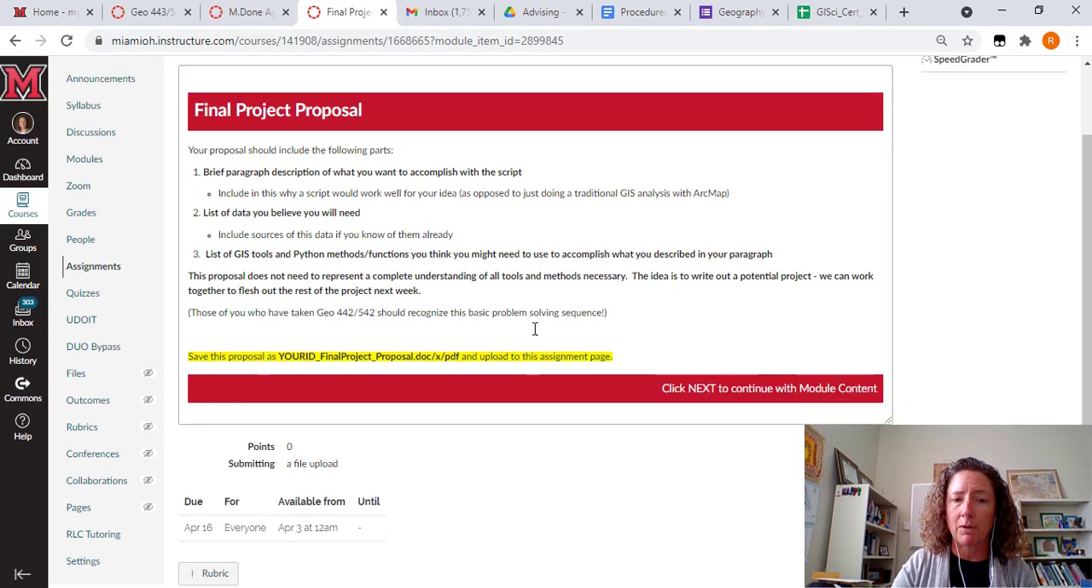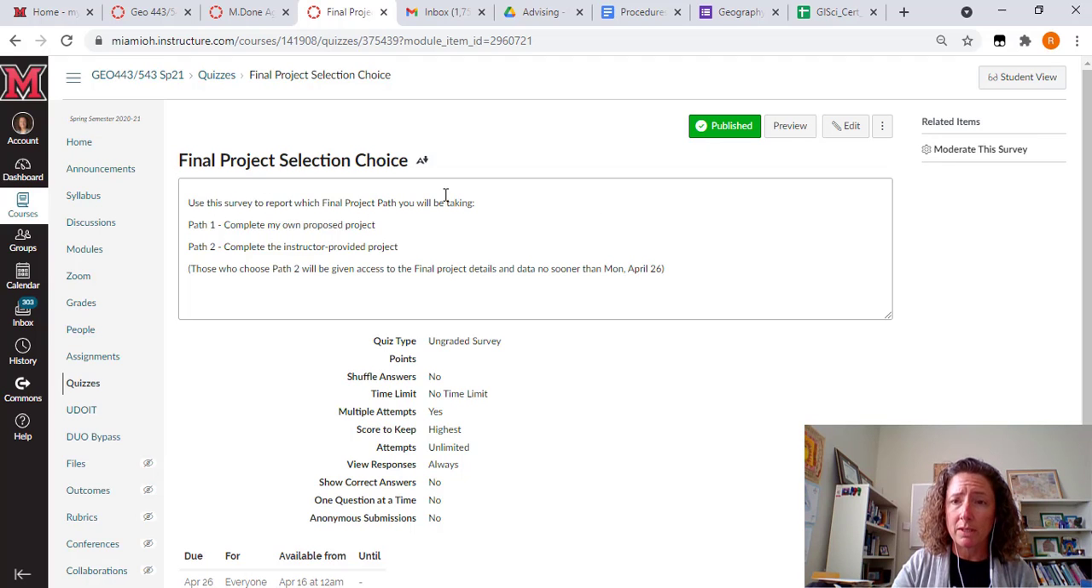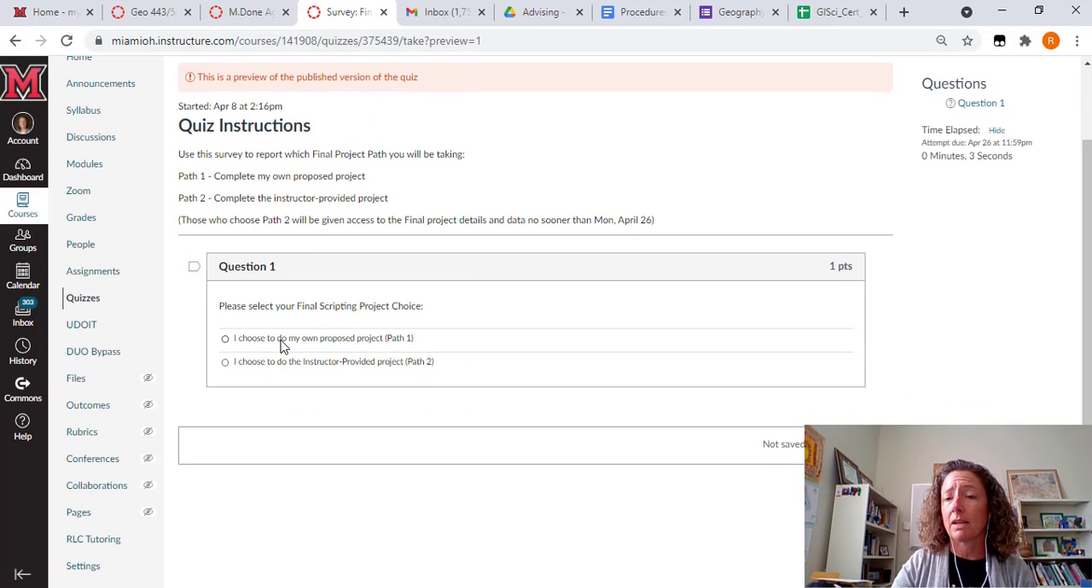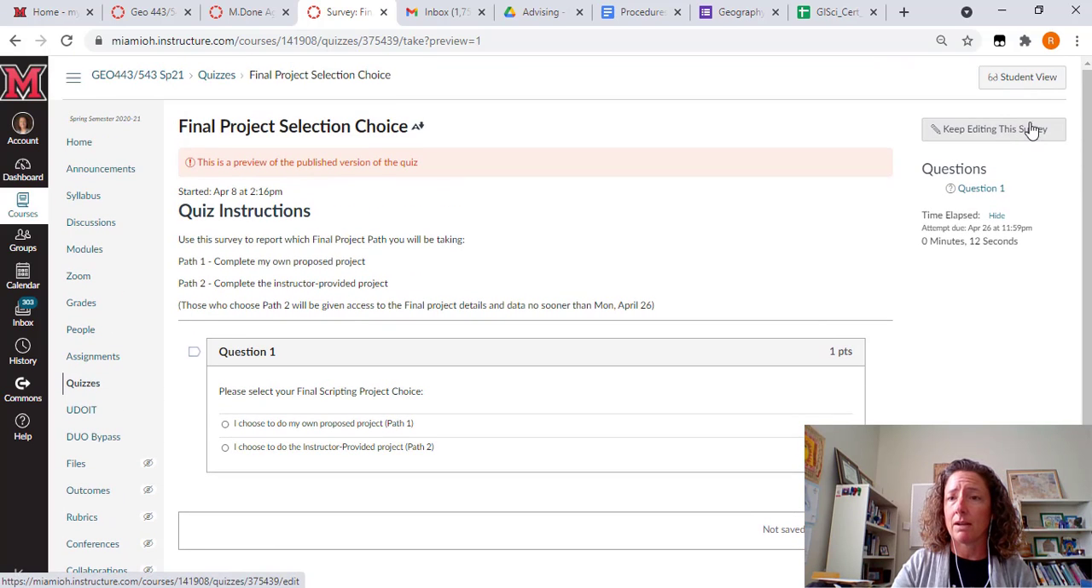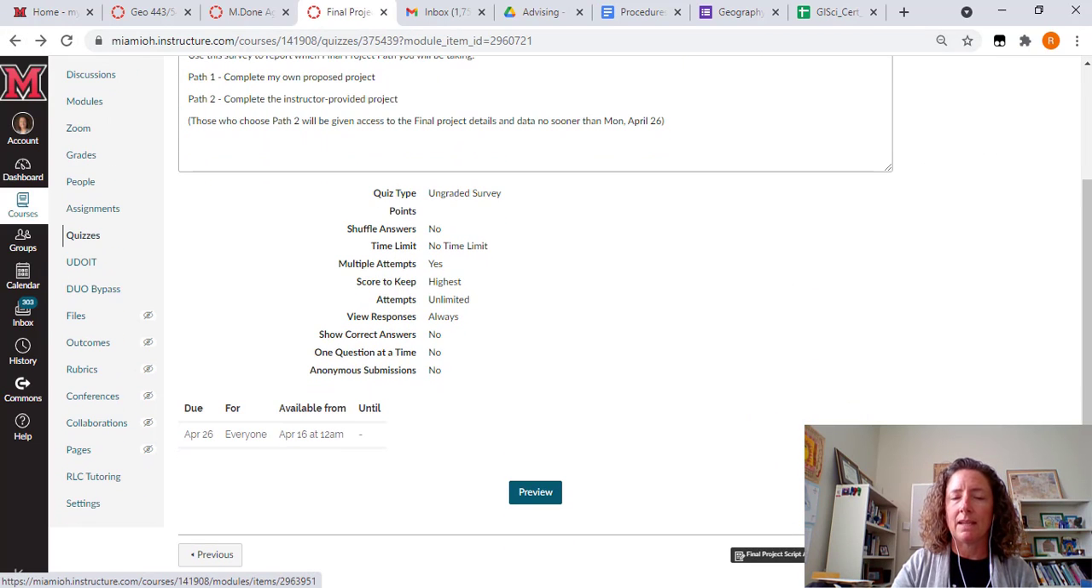Here's the final project proposal turn in. Here's the project selection choice quiz, and if I preview it here, you can see that I just ask you to answer one question. I choose to do my own project. I choose to do the instructor provided project, and that is the end of that. So I am going to go back and get out of this view. And then after that, it's going to be the final project details,